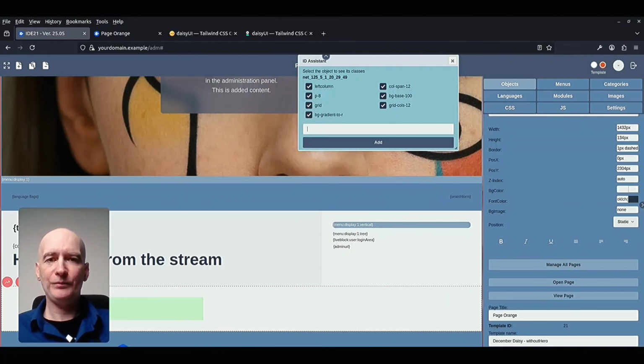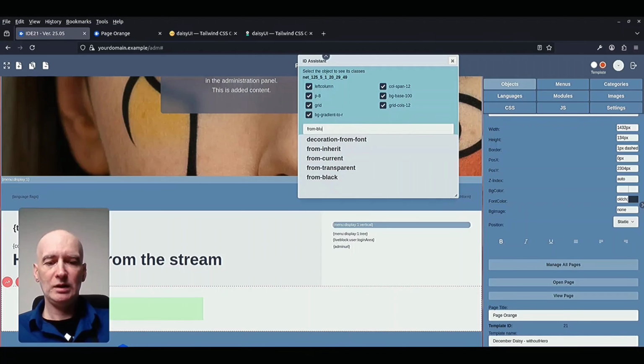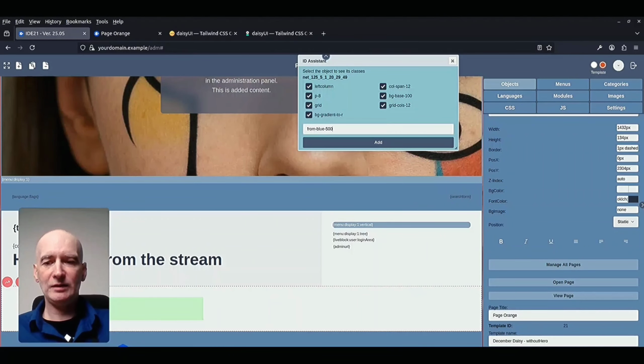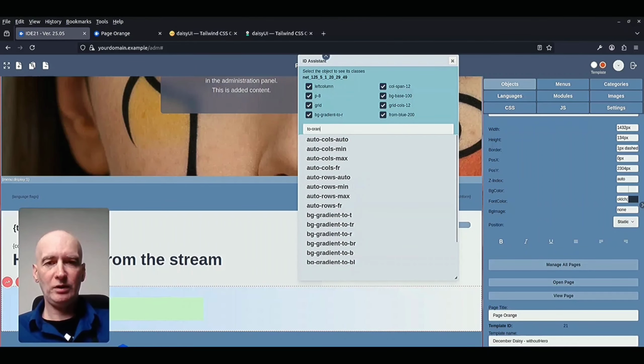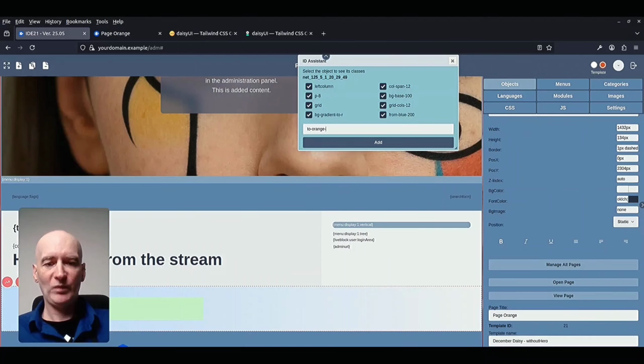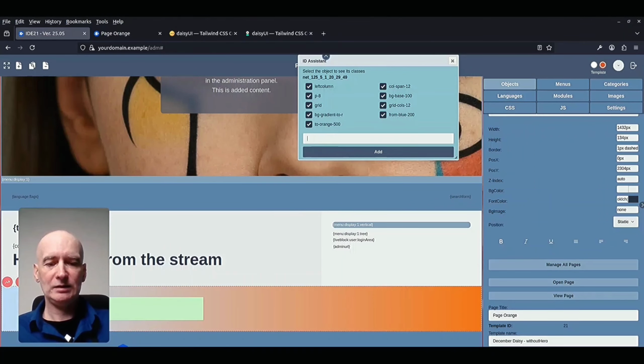Gradient to R, and from blue 500 or maybe 200 to orange 500 via red 300, for example. Now you see that we have gradient color for the parent.